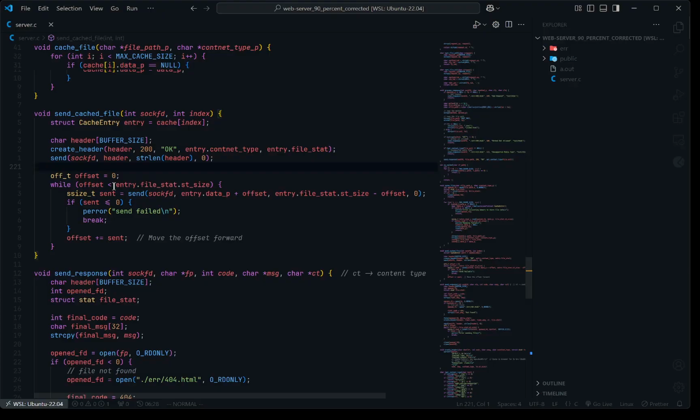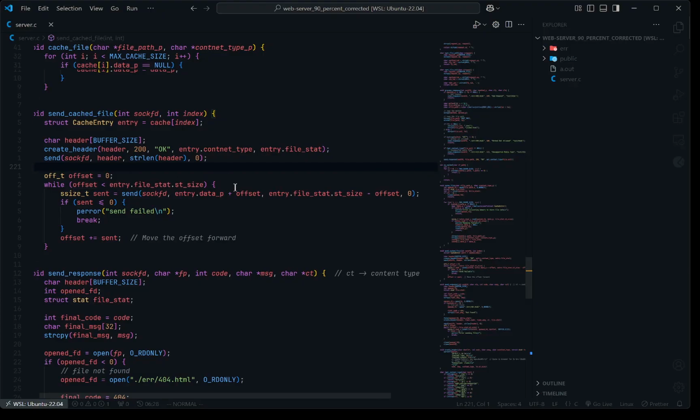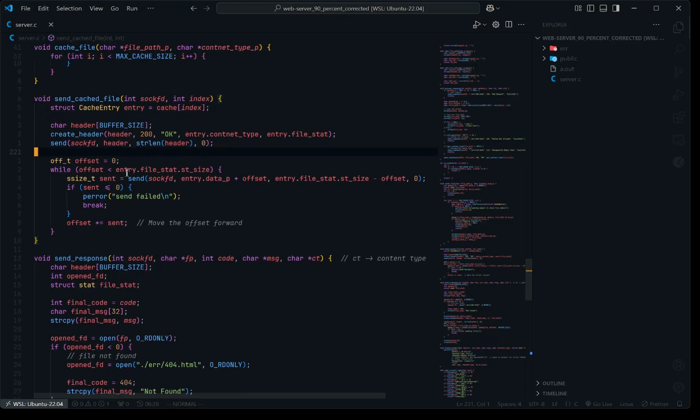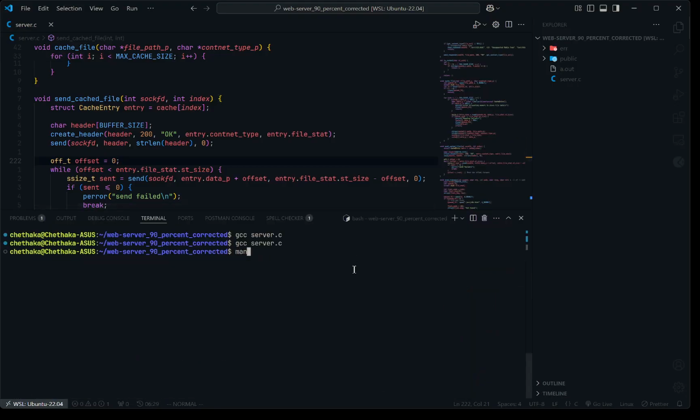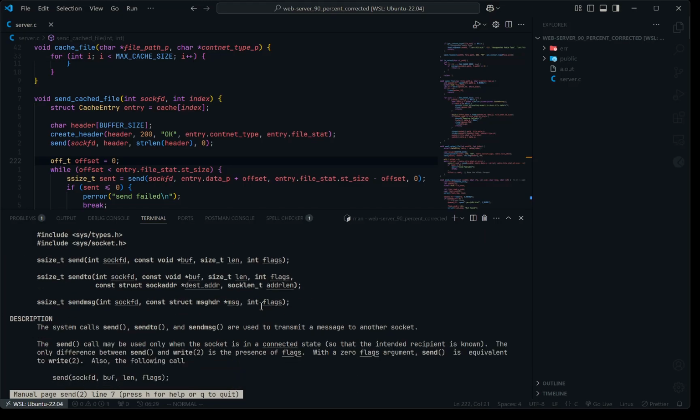Okay, so yeah, what we do is that we create another offset. Okay, and we check whether, so basically what we did in the previous one, but instead of using sendfile over here we use send, because right now we aren't using a file, but we are sending data that was in memory. Because of that we use send, and in send, yeah, if you take a look at the function prototype of send,